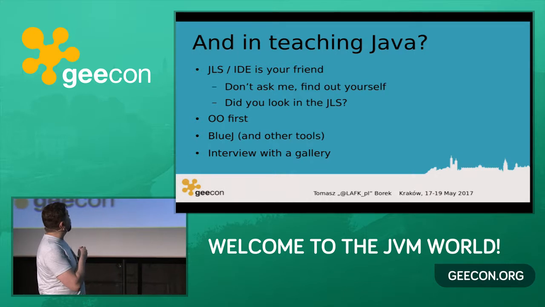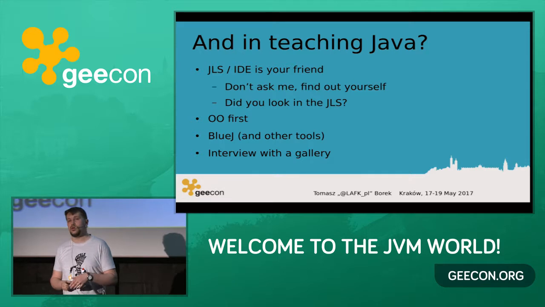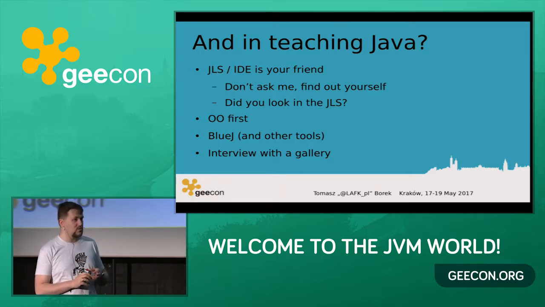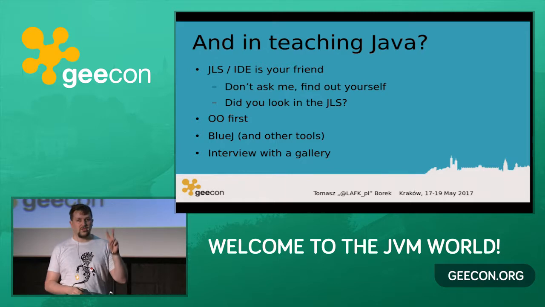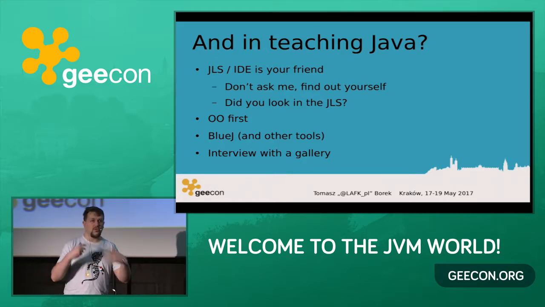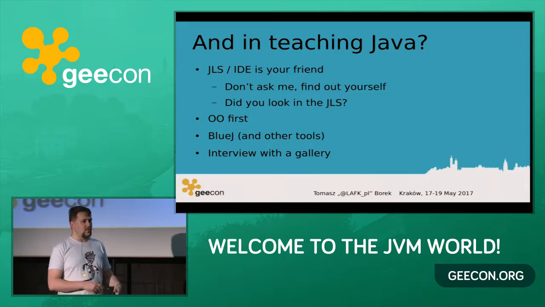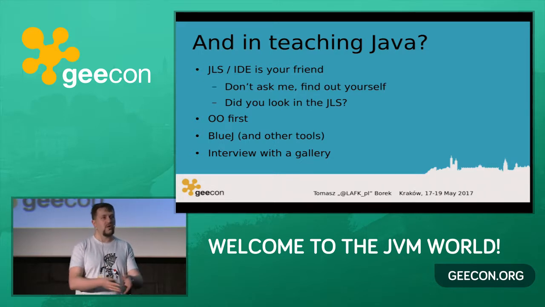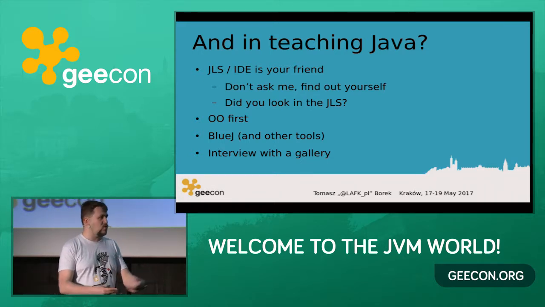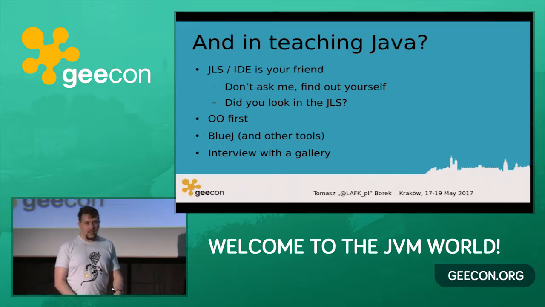Now, object-oriented first, BlueJ is actually excellent for that. BlueJ is an IDE by researchers and academics from Kent University. It actually does two things in an excellent manner. It does away with the main problem completely, because if you want them to use any program, they'll have to actually write the main method. In the main method, they'll probably write imperative code. So to avoid actually starting to explain the static context, the main itself, why it's the main signature like so, and why it cannot be any other,